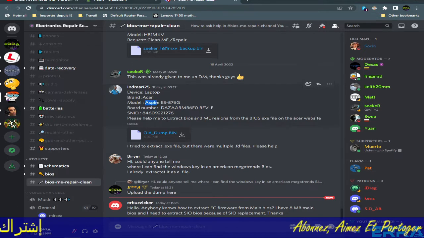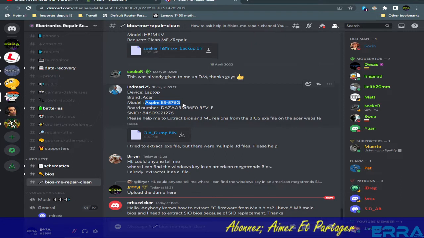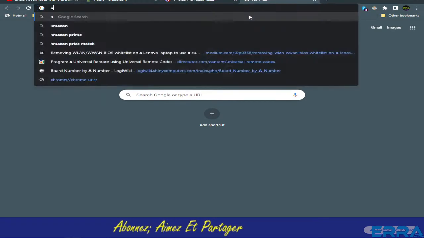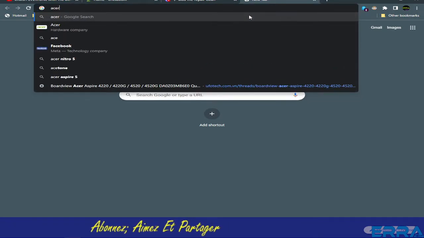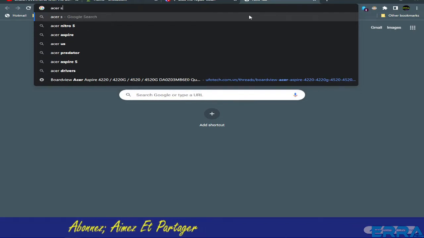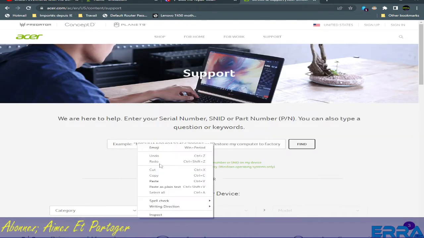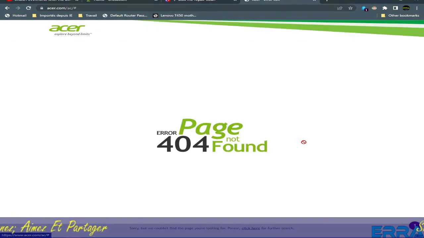Now we have to look for and download the BIOS executable file of this model, Aspire E5-576G. Let's copy this. Let's open a new tab in our browser and write here: Acer support. Yes, open, and we paste the model here, and we